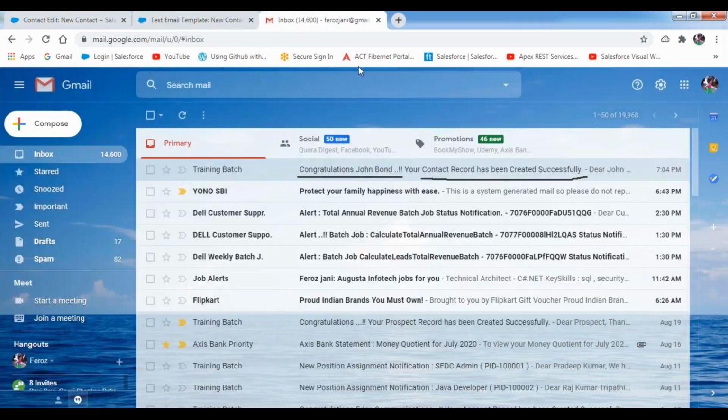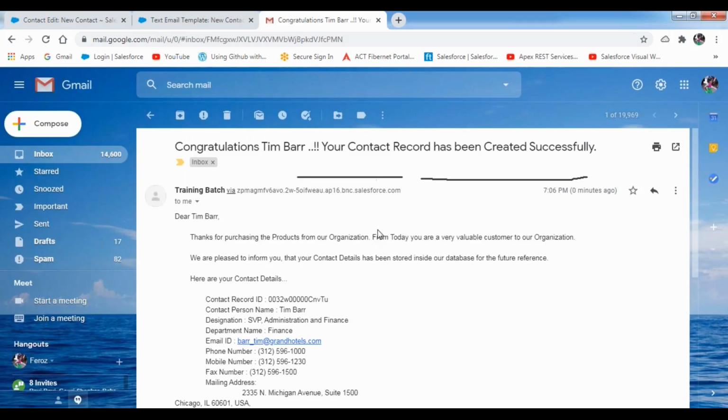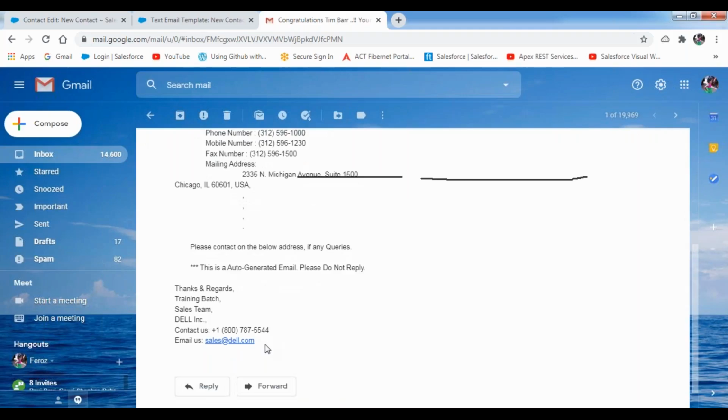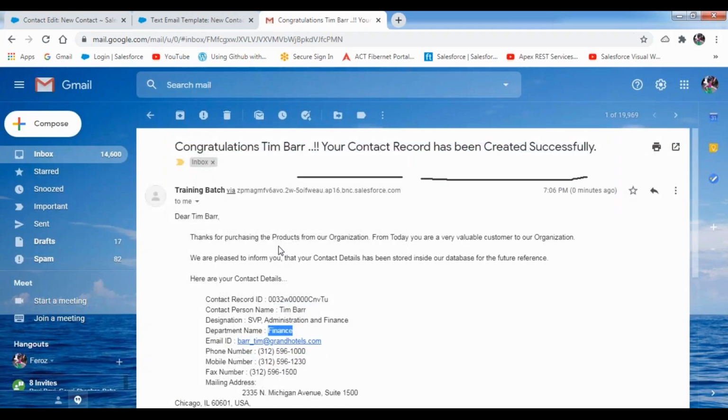Let's go to your email. You will be receiving one email notification. Congratulations, Tim Bar. Your contact record is created successfully. It is indicating, dear Tim Bar, and then here are your contact details: the ID of the contact record, name of this contact person, and the designation, department is finance, email ID, contact number, mobile number, phone number, address information, the whole is available. That means depending upon the contact record which you have selected, that record's information will be embedded inside my email